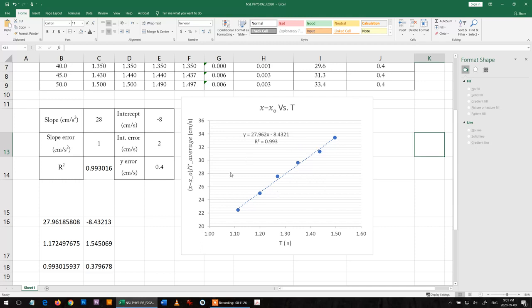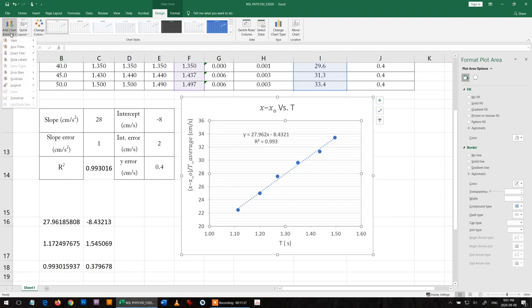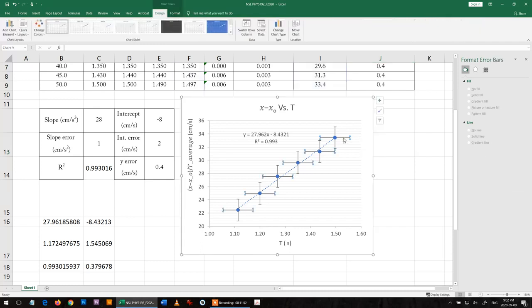And now I need to add my error bars. So many ways to do that. I will show you one way. If you have another way, it's okay. You go here, you go for error bars, and then you choose standard error, and then we change it manually. We click on the x-axis error, double click, and we choose fixed value,